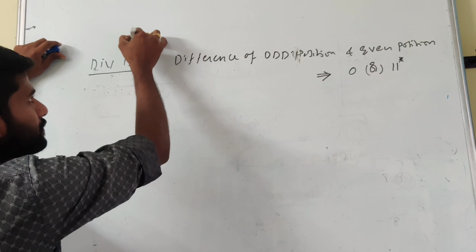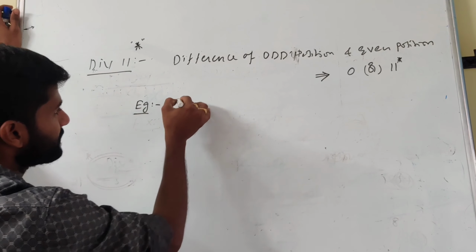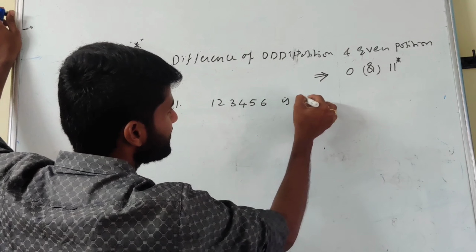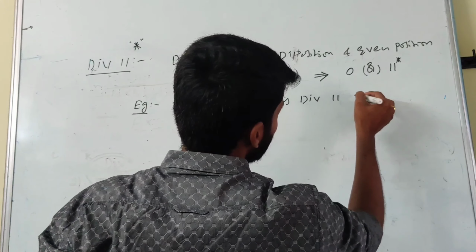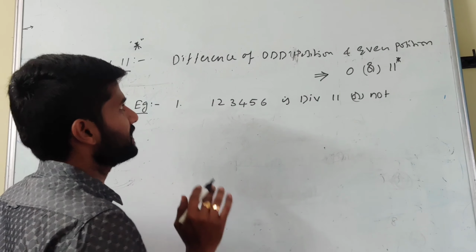We get many more questions in the SSC part. Okay, we'll go to the example. Question number 1. Is 1, 2, 3, 4, 5, 6 divisible by 11 or not? This is question number 1, for example. Okay, according to the rule,